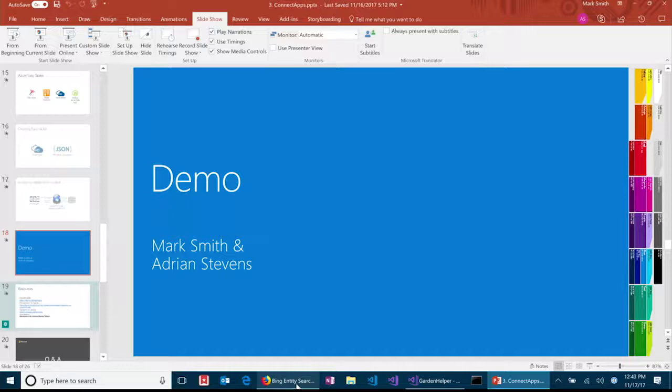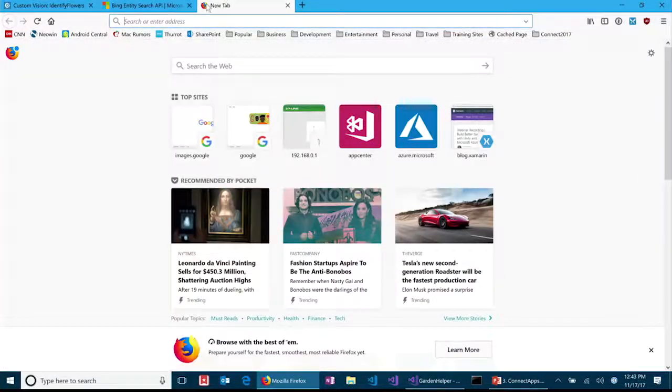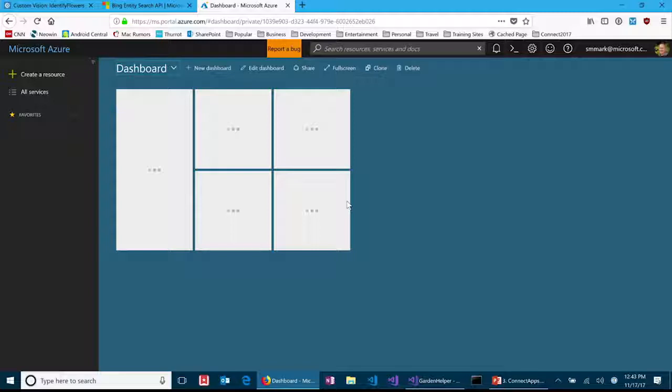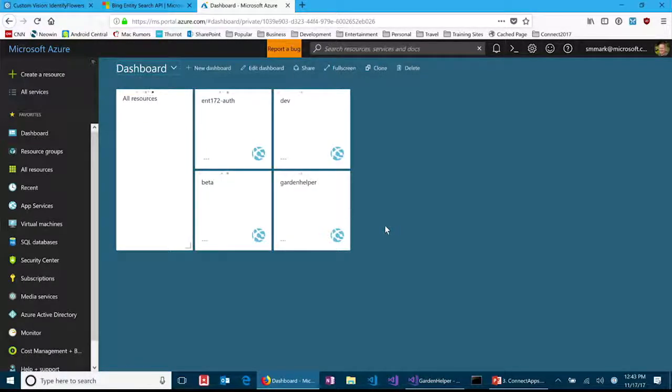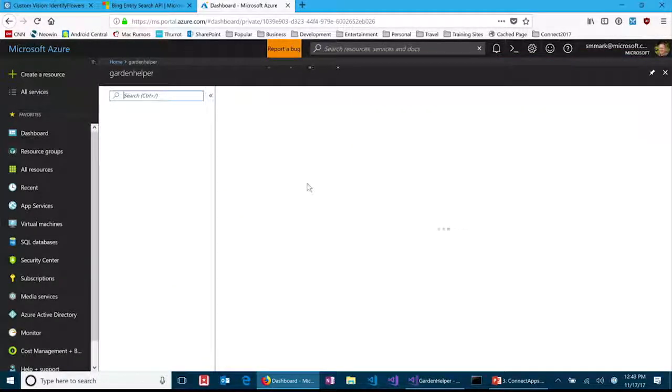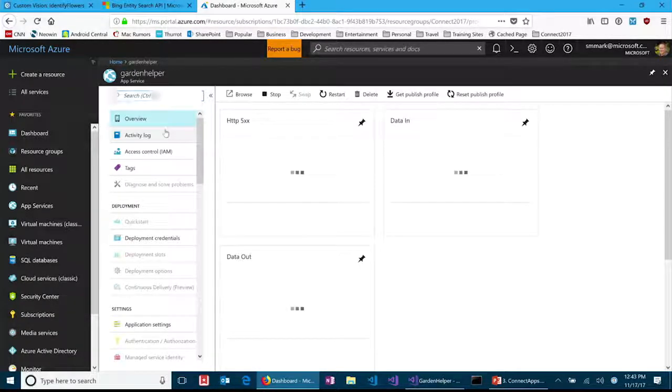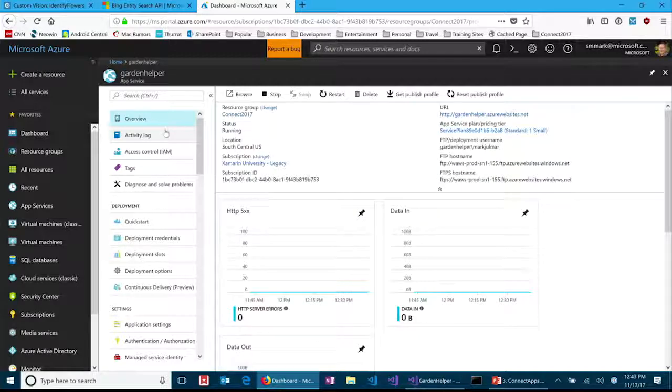I've already created a portal for this. If we go to portal.azure.com, this will log me into the portal, and I can see all the services that I work with. The one that I'm interested in here is this garden helper. When I created it, I just went to create a resource, and I created a mobile app. That created a server instance for me to work with that has a unique endpoint that I'm going to use HTTP to communicate with. And that endpoint is right here,